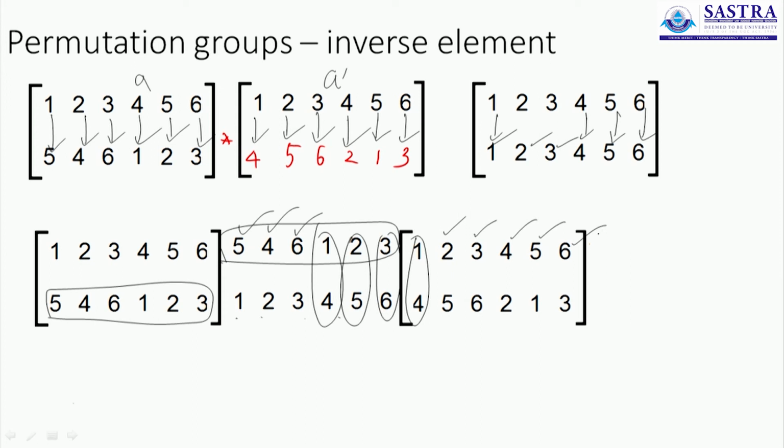That simple trick will help us identify the inverse element. So the trick is very simple. You write whatever the element in the reverse, you flip the order. Here I had 5, 4, 6, 1, 2, 3 at the bottom row, right at the top row, and 1, 2, 3, 4, 5, 6 was at the top row, right at the bottom row. And now just rearrange the columns like in the general form, in the format that you have already wished for. So 1 is first, 2 is next, 3 is next, 4, 5 and 6. That will give you the inverse of any permutation. It sounds unbelievable, but this trick works every single time.